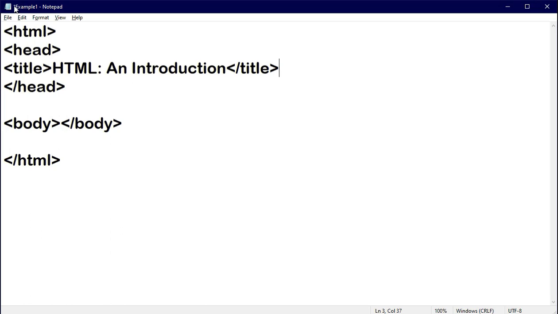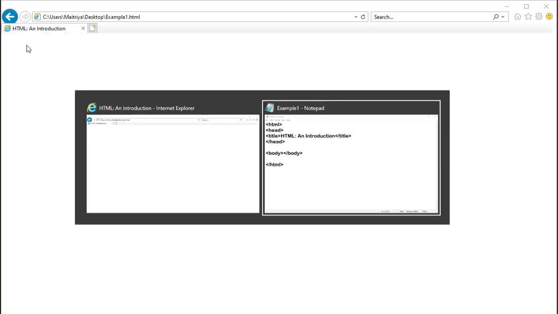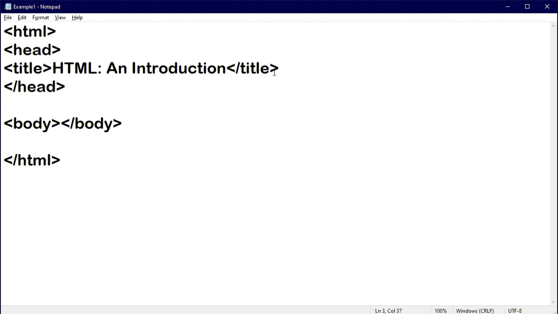Now if you see the title bar, the star symbol is there, which shows the changes you have made but the file you have not saved. So press Ctrl S so that the star symbol will hide, and now go to the browser and just press the F5 key. Now instead of the address, you can see the title which we have written inside the title tag. So this is the use of the title tag, which helps us display the title on the title bar. Also keep in mind that inside the title tag, except content, we do not have to use any other tag. If we do, then we will not get the output in a proper manner.